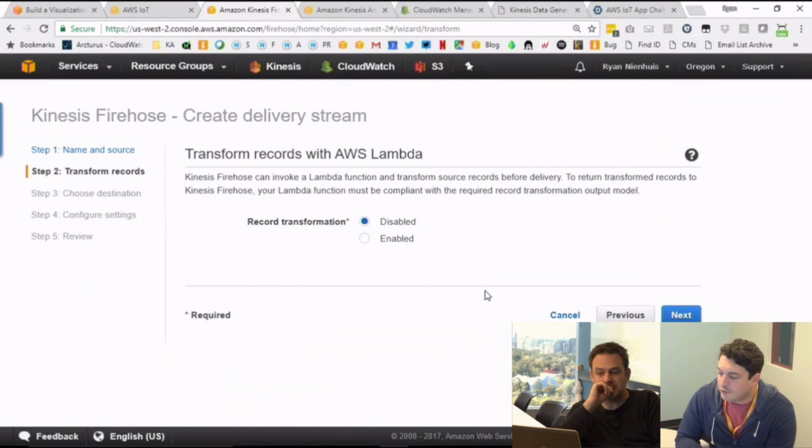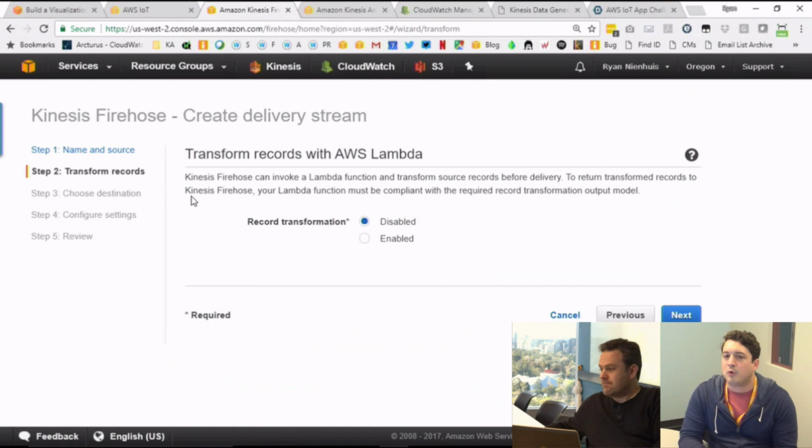This step we're going to skip, but it is a very valuable step. If you want to transform the data prior to delivering it to the destination, you see step 2, transform records, you can configure an AWS Lambda function to do so. AWS Lambda is a serverless compute option. What it means to use AWS Lambda in the context of Kinesis Firehose is that once data is sent from AWS IoT, or from whatever data producer you want, to a Kinesis Firehose delivery stream, you have the opportunity to transform records using AWS Lambda. So if you want to do any enrichment, or clean up your records, that type of thing, it's great for that.